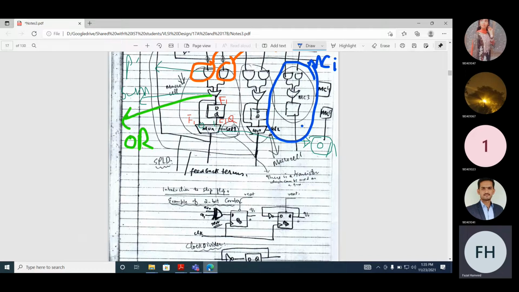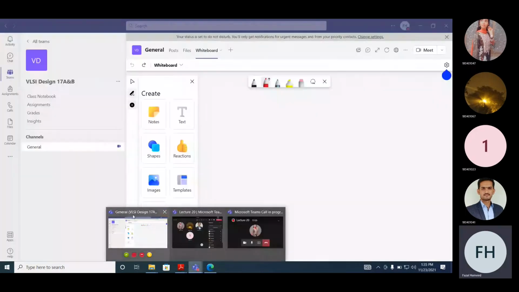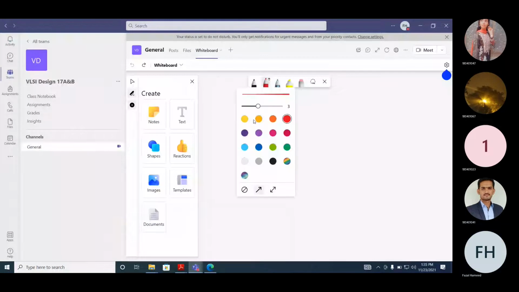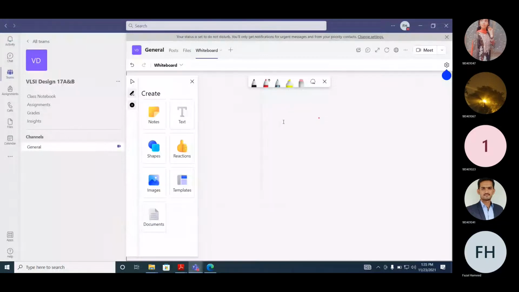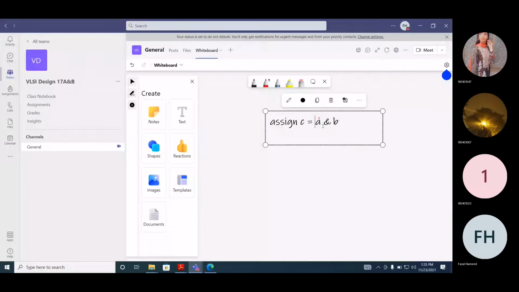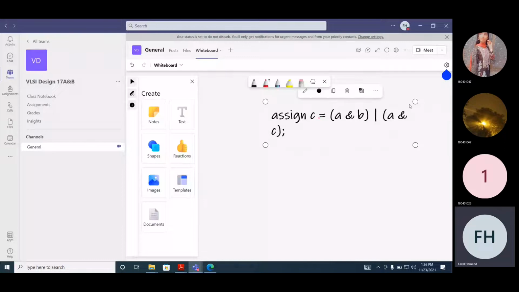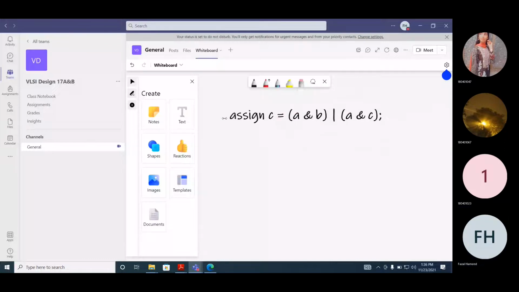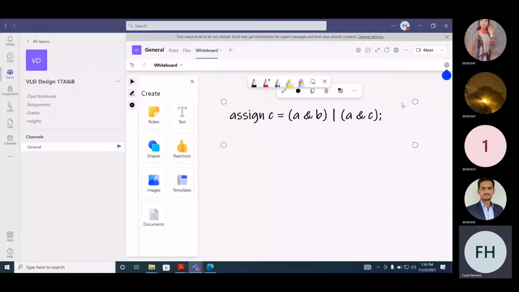Now I will give this with an example. Let's assume we want to implement assign C is equal to A and B or A and C. If you look at this function, is this a combination function or sequential function?